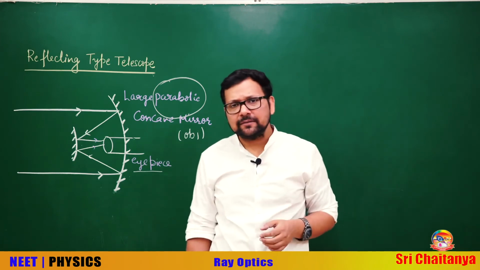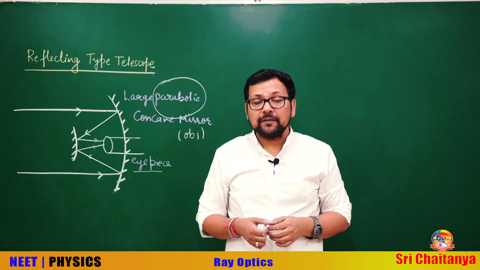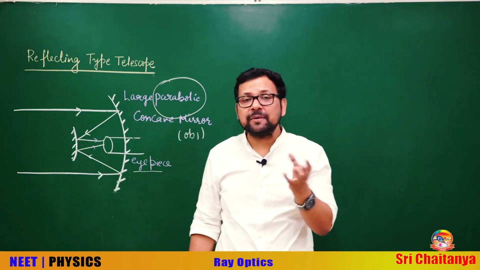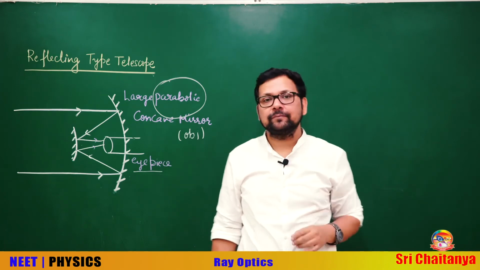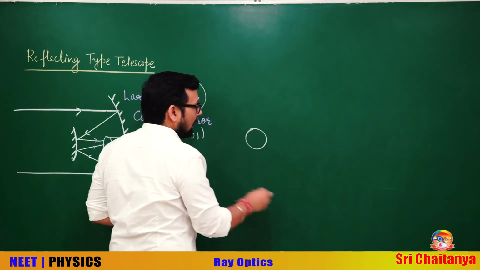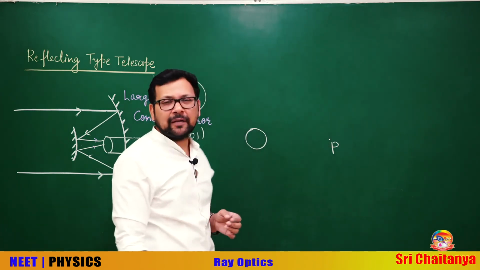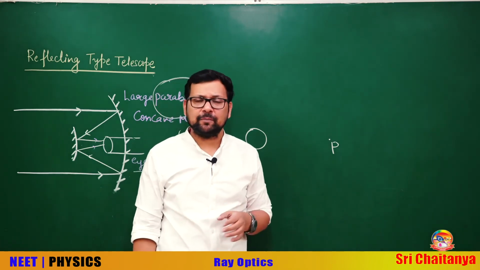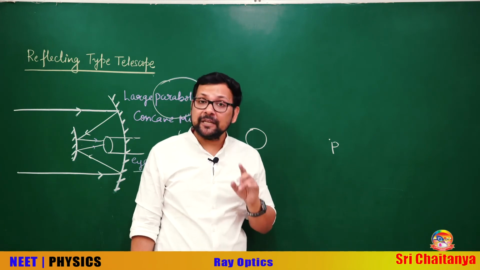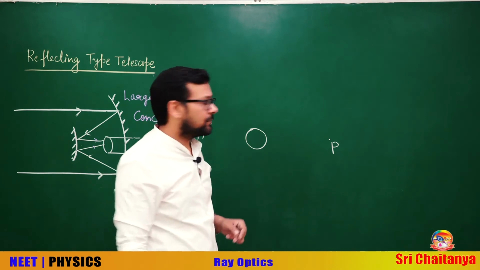According to Fermat, if light is emerging from a source, the time taken by light to cover a certain distance is minimum as well as maximum, both. Suppose this is an object and here there is a point P, where I am asking you how much time light will take to go, either minimum or maximum. Most students will say, sir, time is minimum because the speed of light is very high.